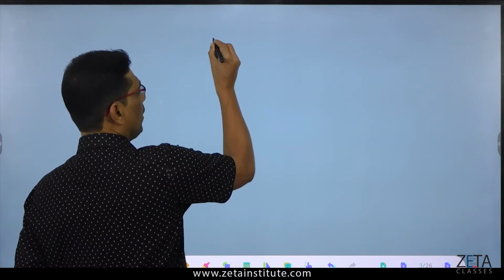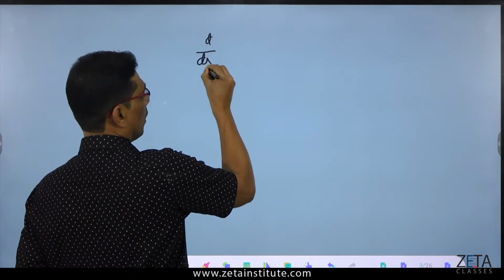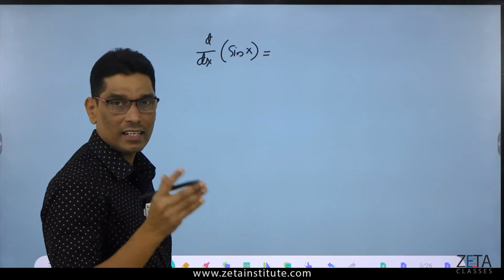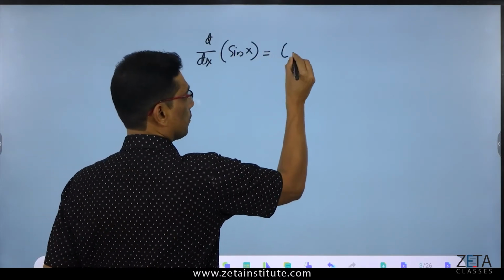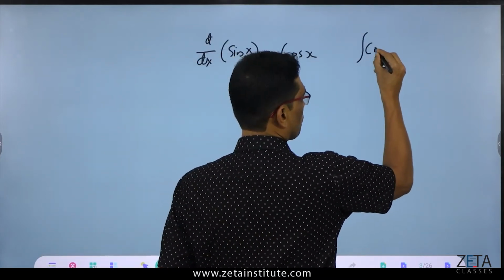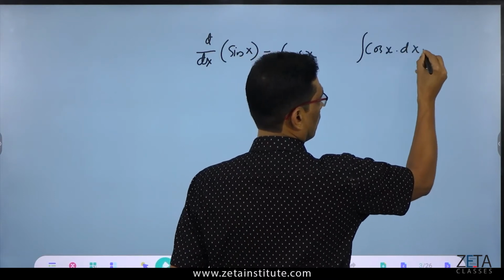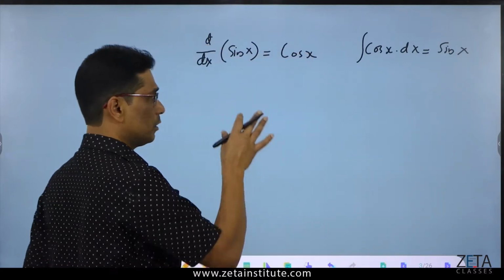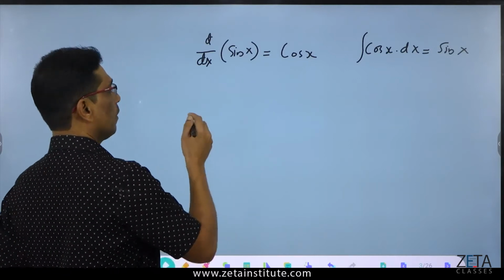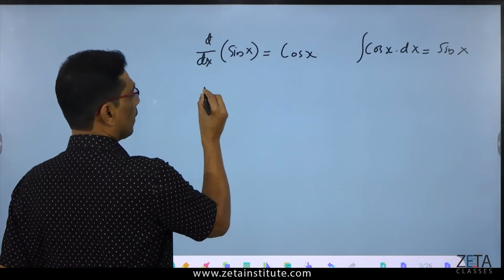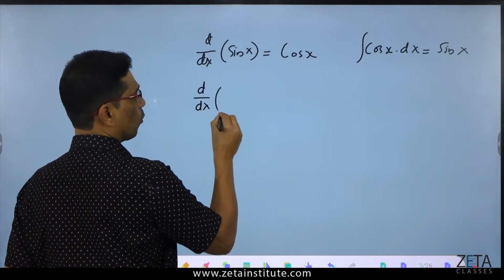Let me do some differentiation and integration examples. We know the differentiation of sin x is equal to cos x; you already studied that. So what is the integration of cos x? The integration of cos x is equal to sin x plus c; we'll discuss that later, don't worry. I write it again, plus c should be there. The importance of plus c is coming; I will explain all those functions geometrically. Now the second one: d by dx is equal to cos x.